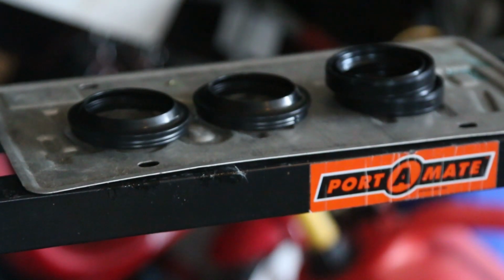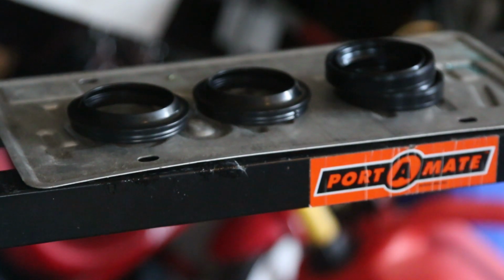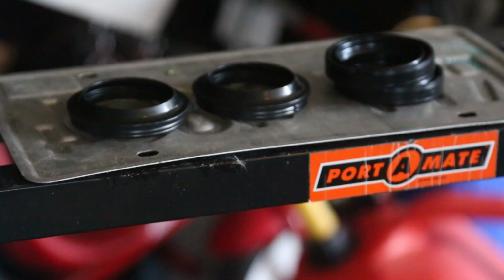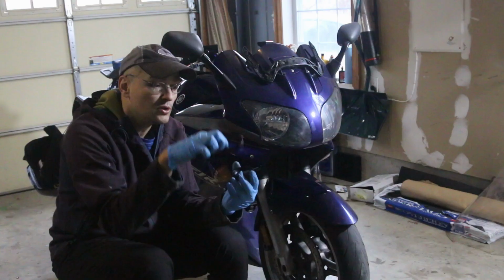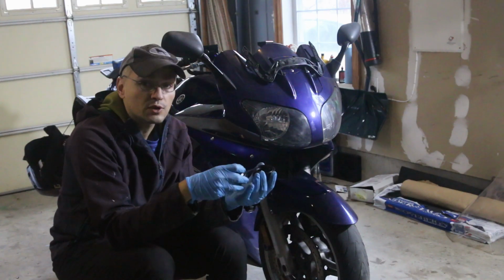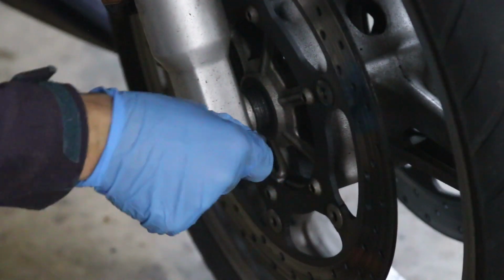It's a very expensive job to do if you take it to a shop, but if you do it yourself, a fork seal job can be very cheap. It just requires a lot of labor. The fork seals go in a particular direction, so you have to make sure you put them in correctly, but I'll show you the right direction of the fork seal. So let's get started. You're going to use a 16 or 6 millimeter